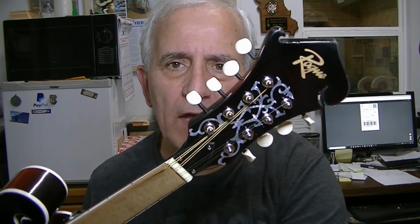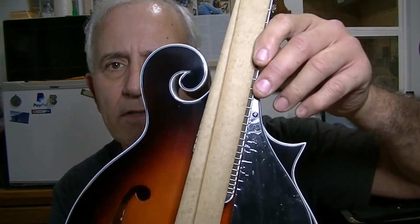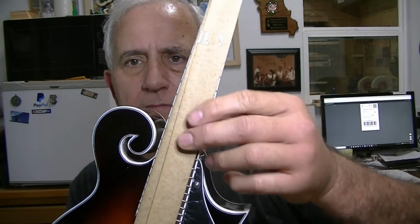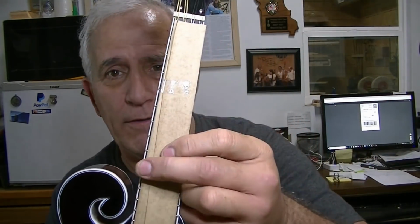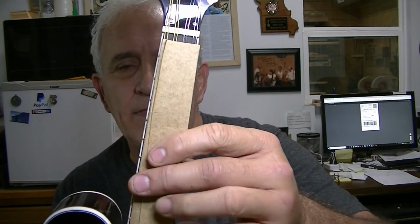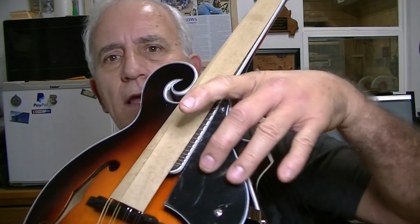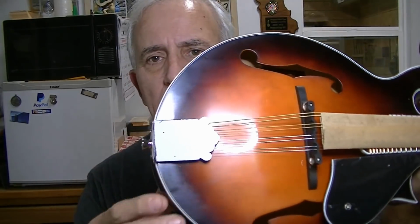We have a Rogue F-style mandolin here today, and this is how it comes from the factory. The paper's just on there around the strings. I don't know why they do that exactly. You don't see that on any other instruments that I can remember. I guess that must maybe keep the strings from rusting. I don't know. They have plastic on the pick guard there, and there's some tape or something on the tailpiece